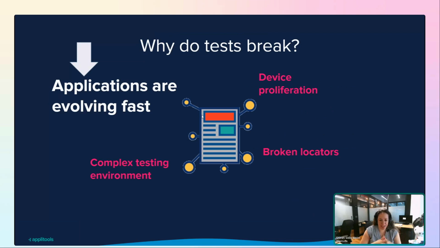is that applications are evolving super fast. And what I want to tell you about this is that the number one technique to solve this is prevention and not debugging. Of course, debugging tools are very helpful, but what if we prevent the broken tests in the first place? And tests now will break basically the same amount of times, but you will not need to